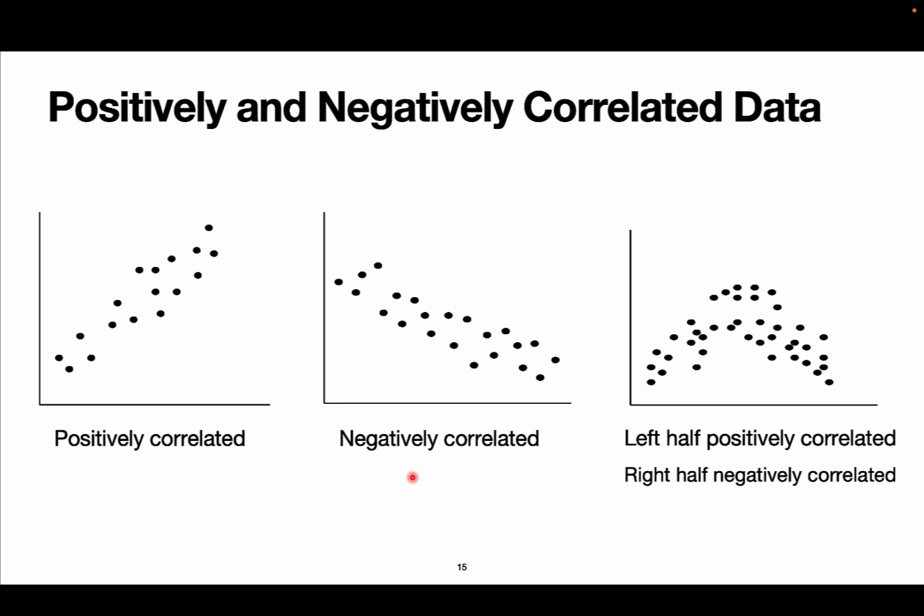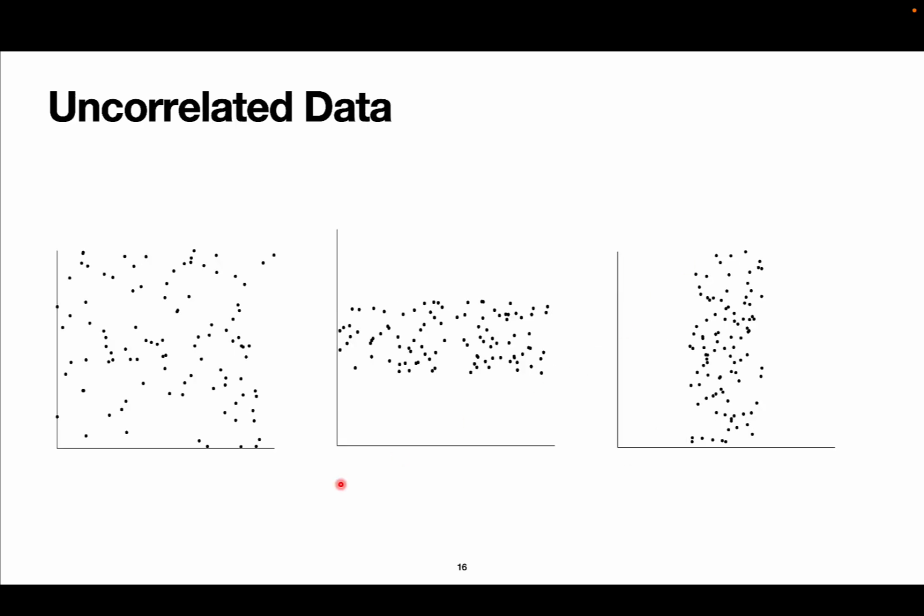The middle plot is negatively correlated. When the x values increase, the y values decrease. The third plot is actually interesting. The left side is positively correlated and the right side is negatively correlated. In this example, the data is uncorrelated because when the x values increase, some y values go up and other